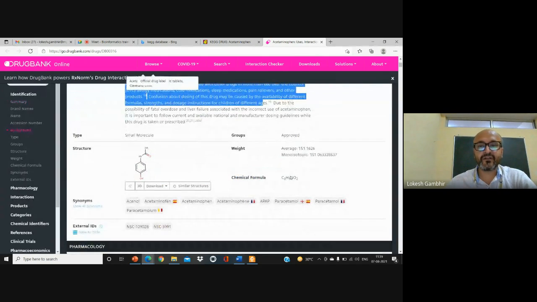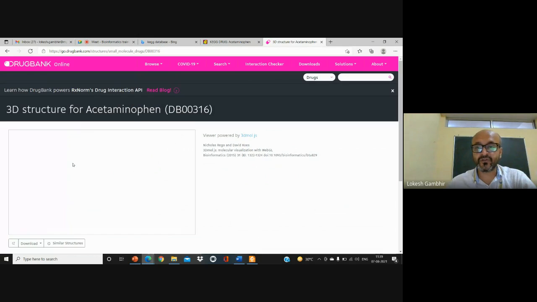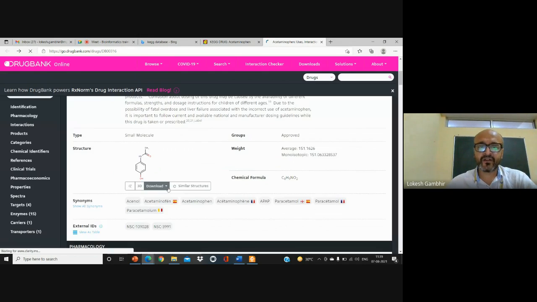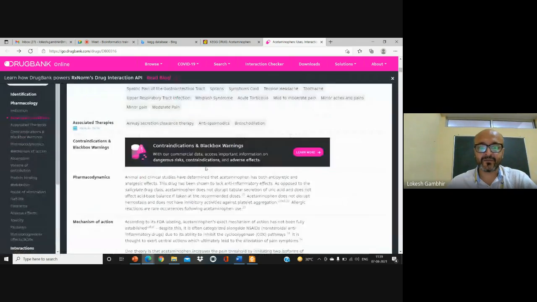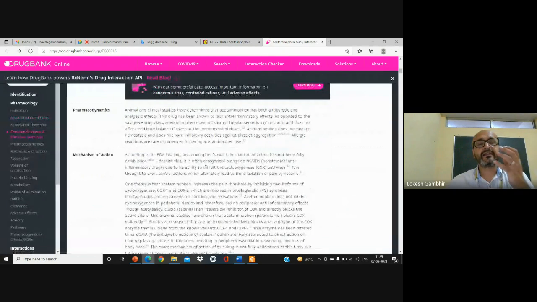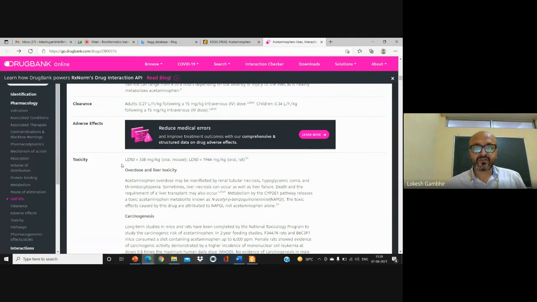when the approval was given, what exactly the molecular weight is. You can also look at the 3D structure and can download the 3D structure. So you can perform different functions by using these databases, and then its properties: pharmacodynamic property, pharmacokinetic property, bioavailability inside the body. Complete information will be given, like what the half-life of the drug is, what the toxicity of the drug is, what the LD50 of the drug is when we are talking about the mouse and the rat that is determined.